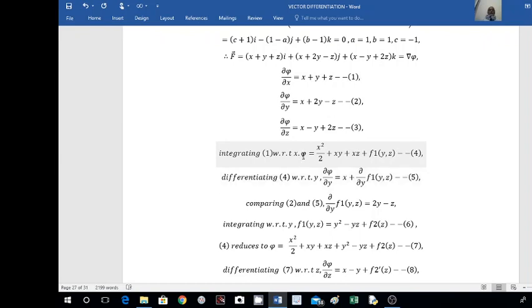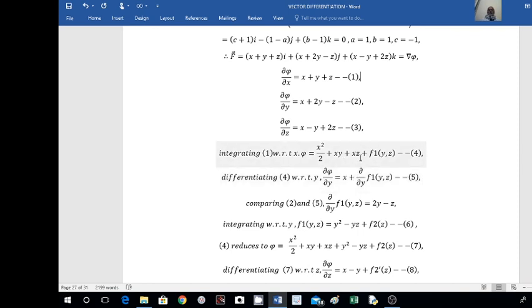Then what we get here is, differentiation of pi with respect to y is dou pi by dou y equal to, differentiation of this is x square, the derivative of x square is 2x by 2, the 2 gets cancelled here. This is x plus, differentiating with respect to y. Differentiating with respect to y means the derivative of this is equal to 0. The derivative of this is equal to x here because we are differentiating with respect to y. x is a constant, the y derivative is 1, plus.